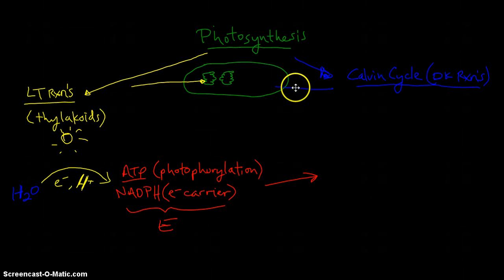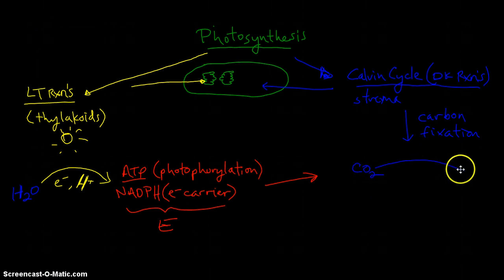Now, the Calvin cycle occurs in the stroma, this fluid portion of the cell, or of the chloroplast. Now, what's interesting is that this is a process of what is called carbon fixation. And in this process, what happens is carbon dioxide is reduced to form organic molecules, or in this case, sugars, using energy from, appropriately enough,